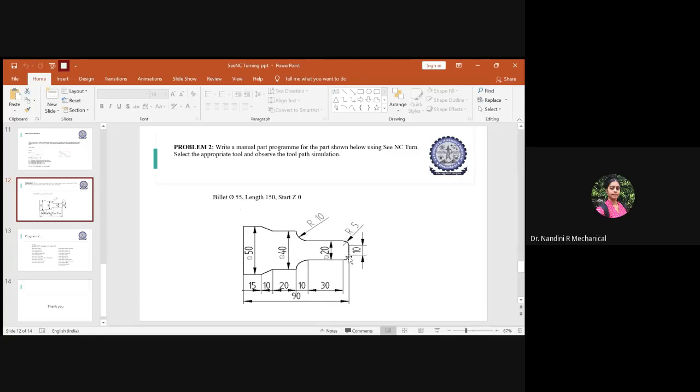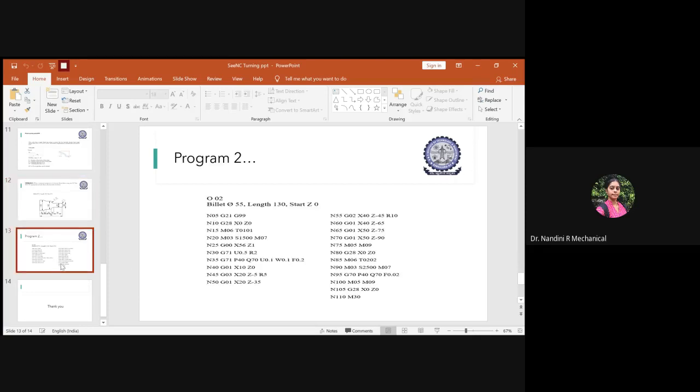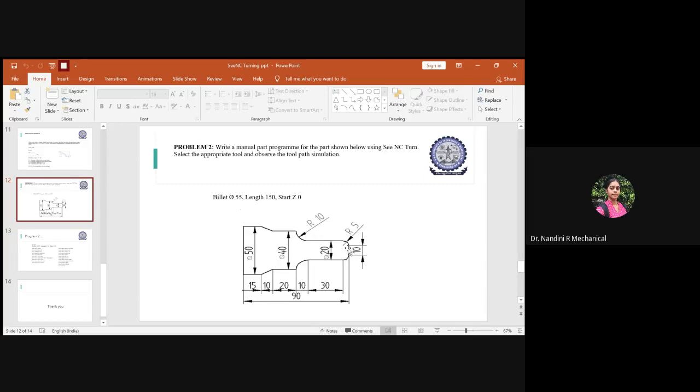But initially, where is the origin point, ma'am? Yeah, the origin point is there. So if this is your origin, this entire distance will be 20. And from here you are coming 5 minus. Always you have to fix the coordinate system. If you go wrong, then all the values will change. So now we were at X20 and Z minus 5, and we gave the circular interpolation of 5.